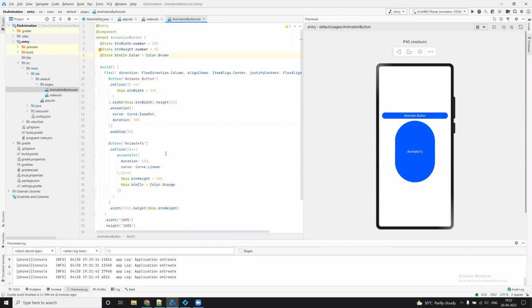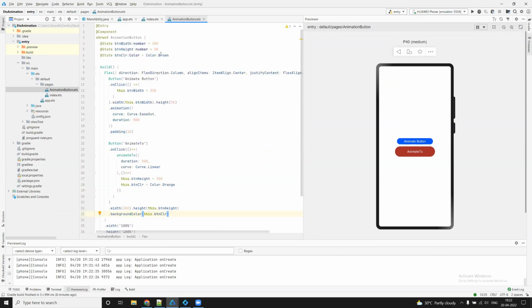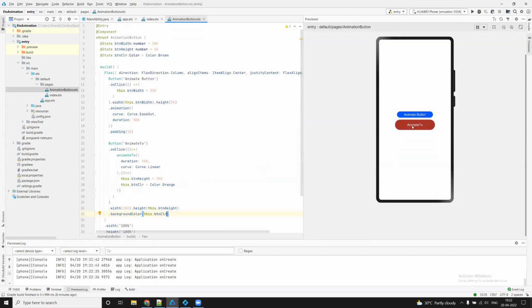That is because, can anybody tell why it is not affected? Because we are not even depending on that color. So right now we can add background color. Let's see. Now you see the default color I set was brown, so it took effect. Once I click this, you can see I have increased the animation. So these are two ways of animation that you can try out in each of your applications and perform many